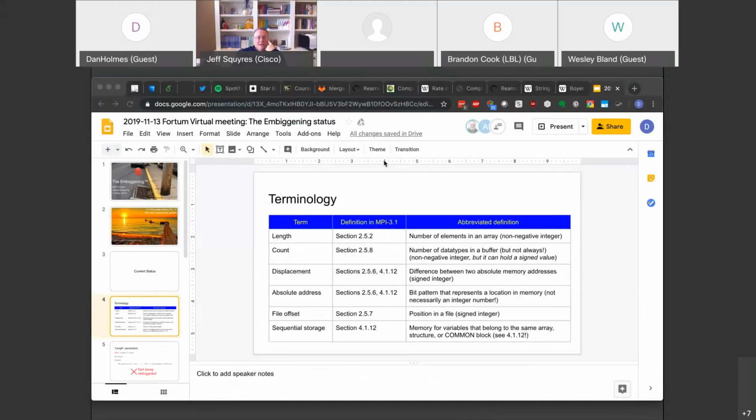Well, you get a sneak peek at the terminology slide, so I can talk about this till Dan comes back. Through this process, we found out that there is actually not a very good understanding of a bunch of terms that are used all throughout MPI, meaning we thought we understood them, just like the forum thought they understood them.